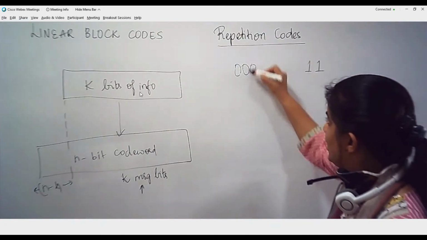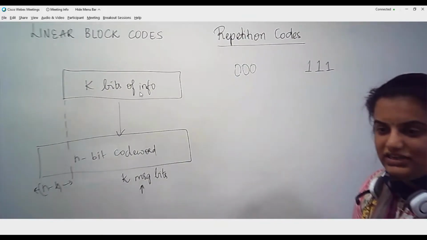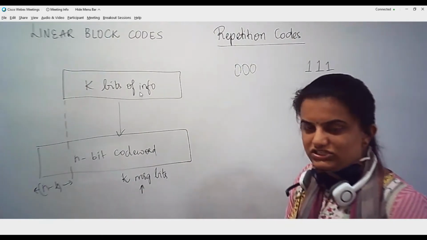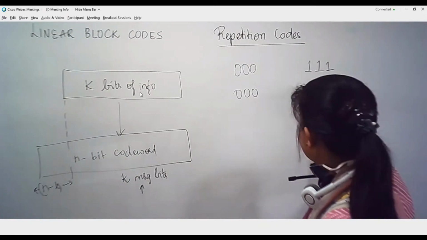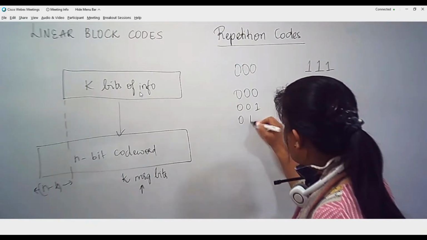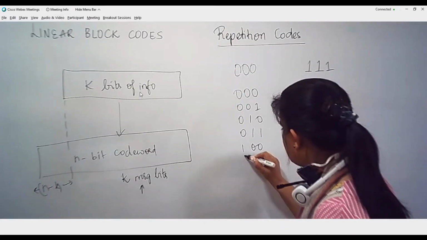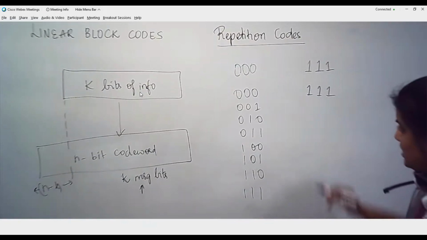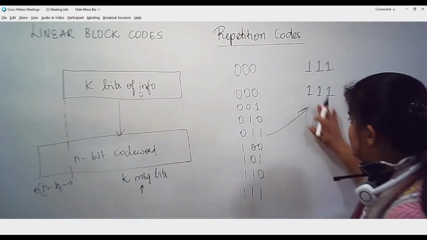So what I will do, I will append one more 0, and one more 1 here. So I am repeating the same bit 3 times. In such cases what will happen? Just check. The possible error patterns here are 000, that is proper transmission, 001, 010, 011, 100, 101, 110, 111. These are the possibilities. Similar possibilities will also appear in this case. So let us try to understand here.